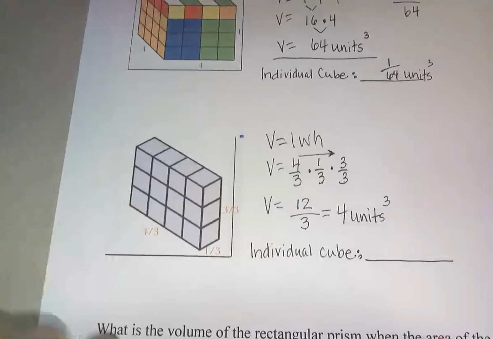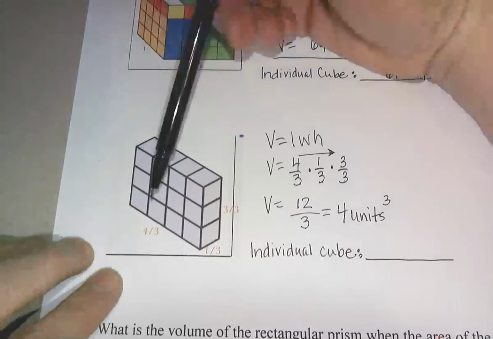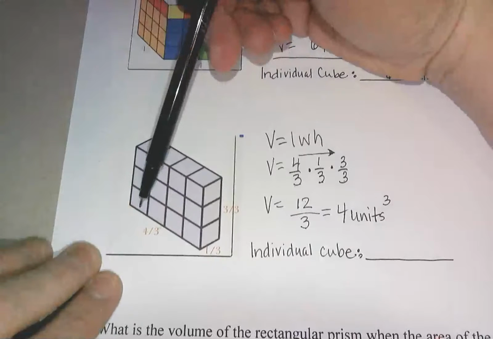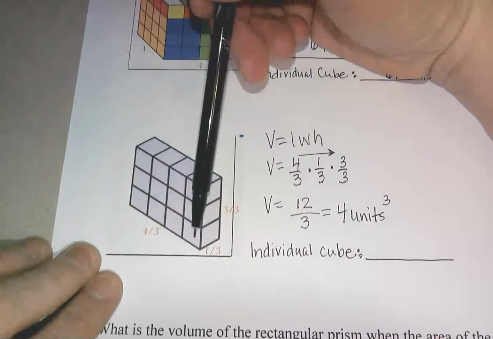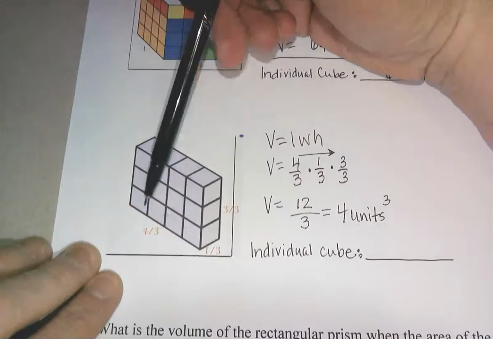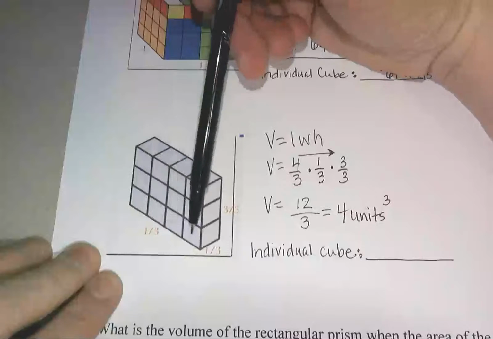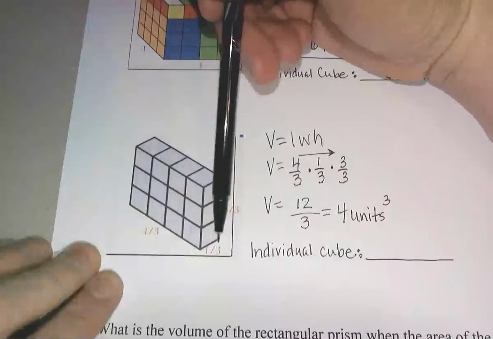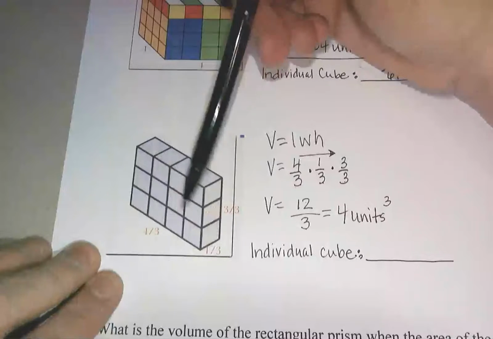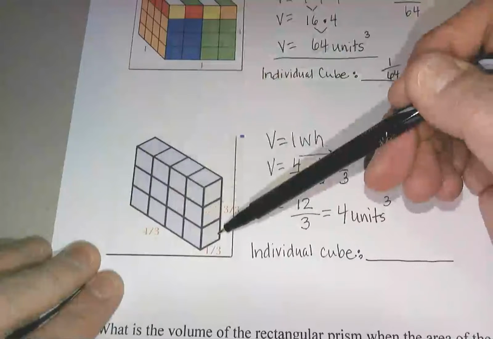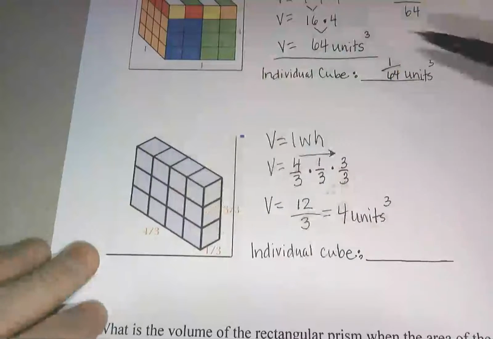Okay, well, let's take a look at this. This says 4/3. There's 1, 2, 3, 4 boxes. So that's 1/3, a 1/3, a 1/3, and a 1/3. Over here, you can see 1/3 going this way and going up is 3/3. So this is 1/3, 1/3, 1/3. So if you think about it,